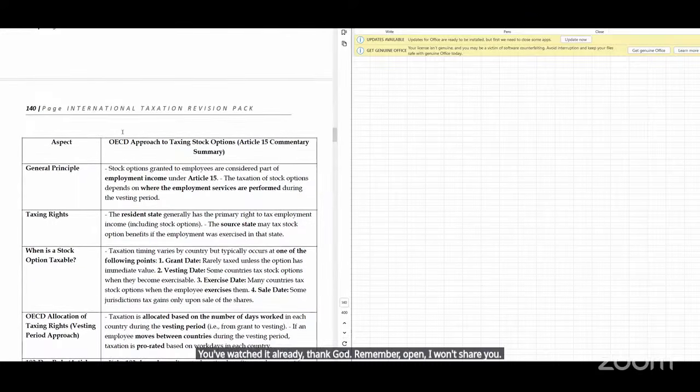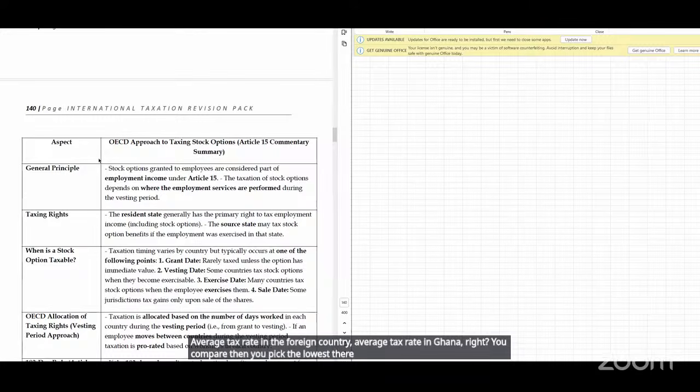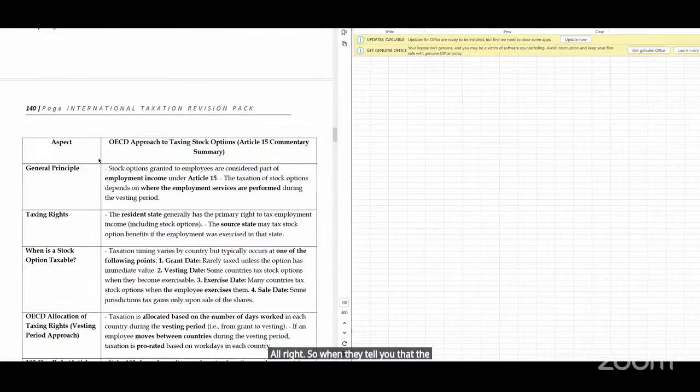You watch it. Average tax rate in the foreign country, average tax rate in Ghana, right? You compare, then you pick the lowest there. So, all right. So when they tell you that they pay the employee stock options, how do you tax stock